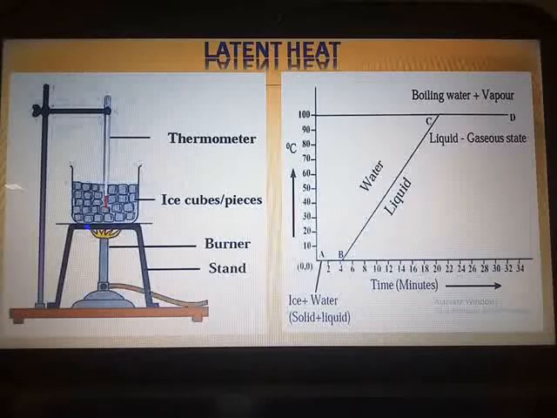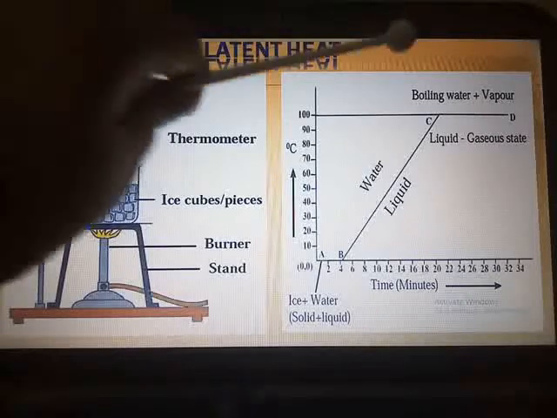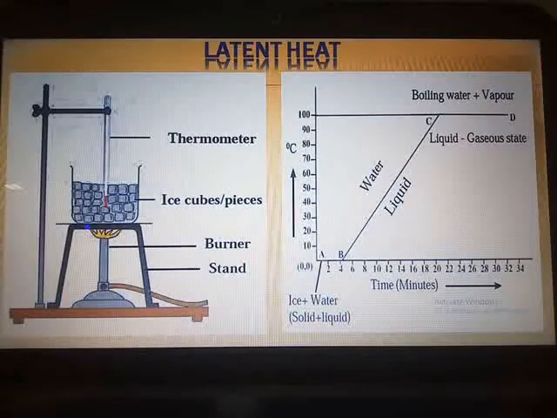See the first case. Heat energy is absorbed by ice to get converted into water at a constant temperature of 0 degrees Celsius. Here also at 100 degrees Celsius, the water is absorbing the heat energy to allow its liquid state to get converted to the gaseous phase, that is the steam, without any change in the temperature. The constant temperature at which the liquid transforms into the gaseous state is called the boiling point of the liquid. Here it is water, and so the boiling point of water is 100 degrees Celsius.